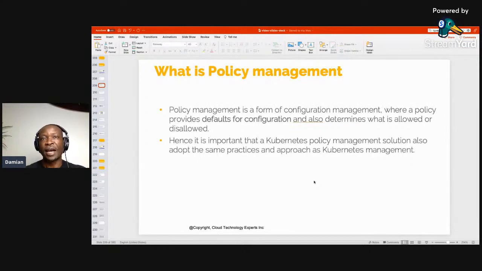What this means is that this OPA is not specific to Kubernetes, though it does have an implementation configured for Kubernetes, which is what we call the Gatekeeper. Okay, but we can say that Gatekeeper is not Kubernetes native. It doesn't speak the language of Kubernetes, though you can still make it work, and it has its own programming language. And so Kyverno was the first to enter into this scope of policy management which is Kubernetes native,